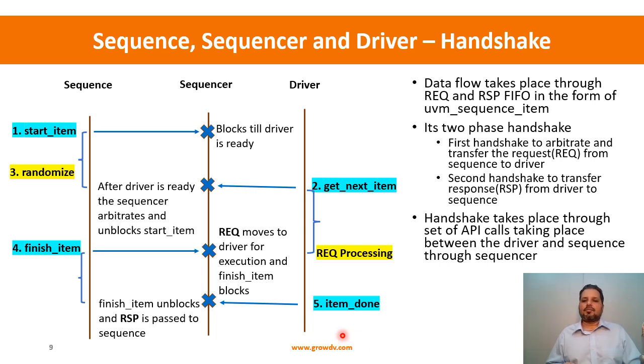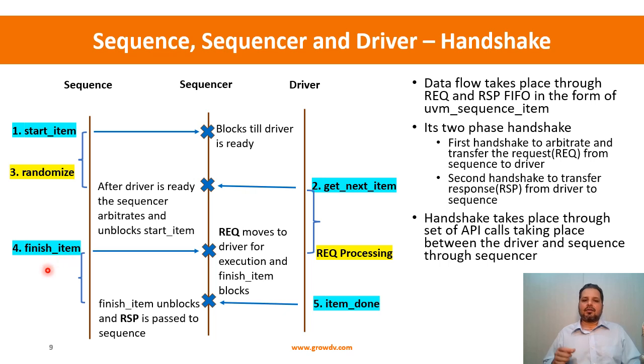Any one of them can be done. If you want to explicitly send a different response altogether, that can be done, and that is when the get response can be called if it is handled through a separate response transaction. But if not, after the item done is called, the finish item unblocks, and then